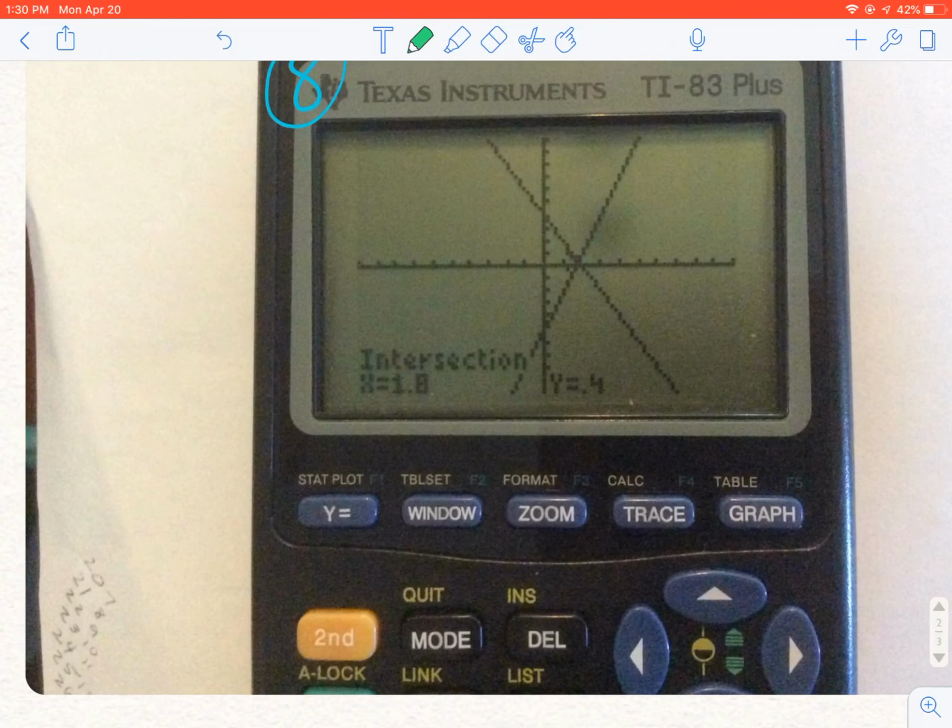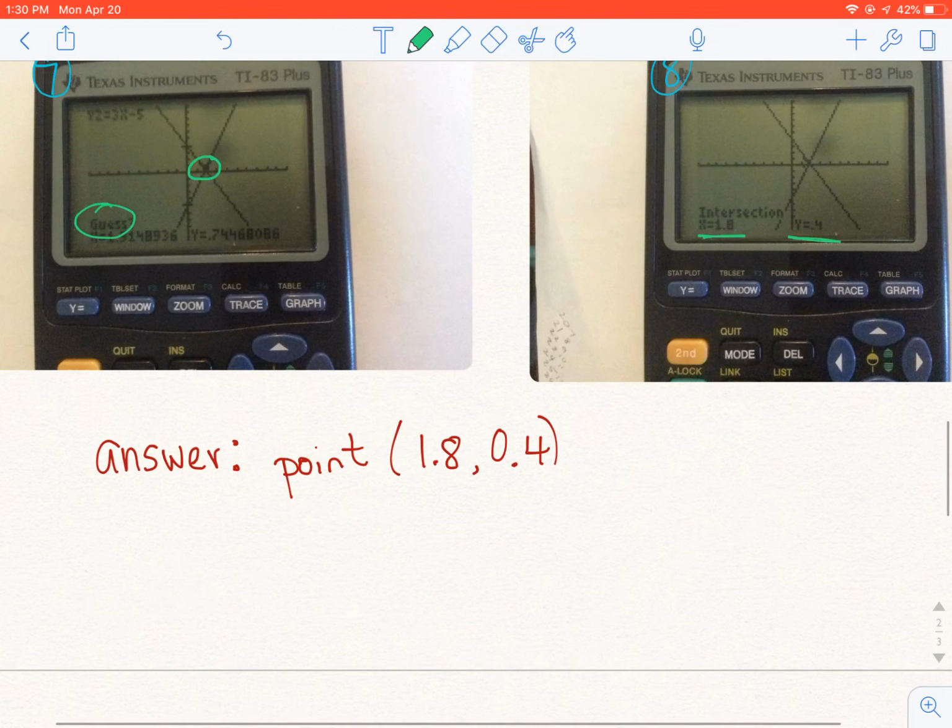The intersection is x is 1.8 and y is 0.4. Remember, that's a point. Those are the coordinates of the point. So my final answer is